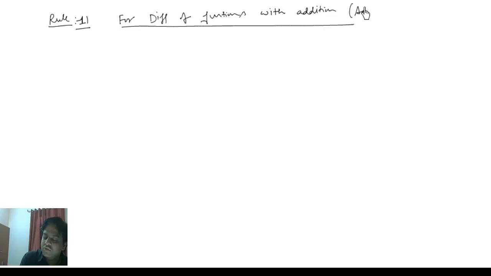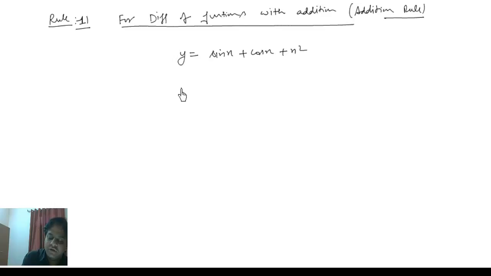You can call this the addition rule or subtraction rule. For example, let's say we have a function y is equal to sin x